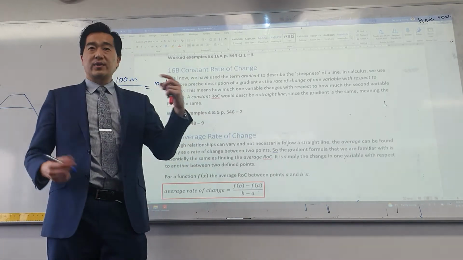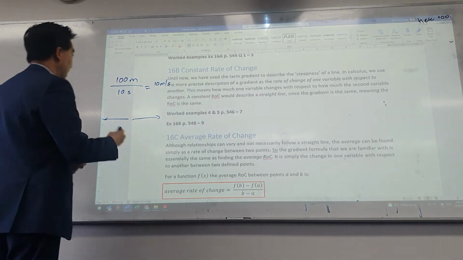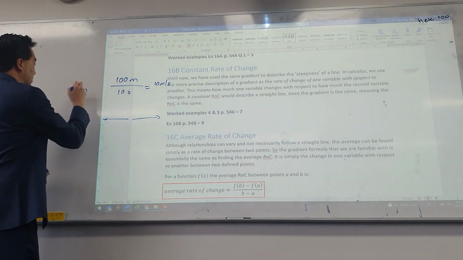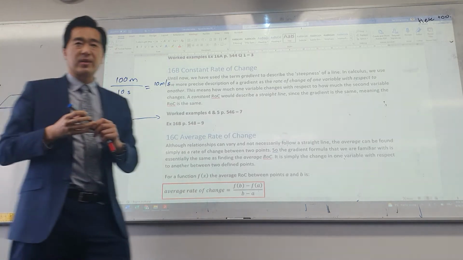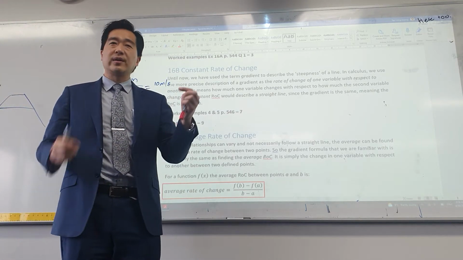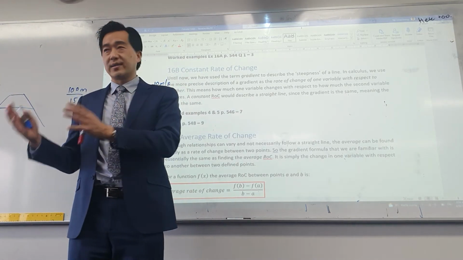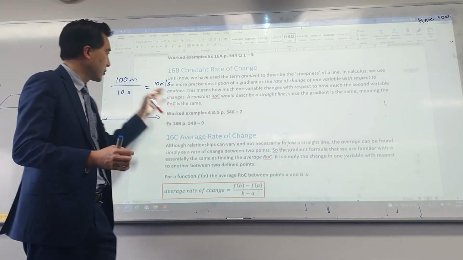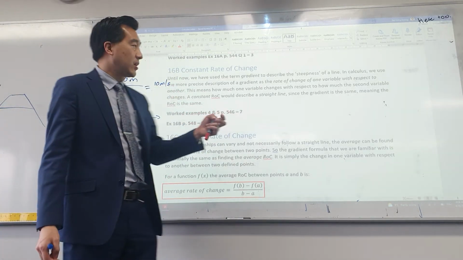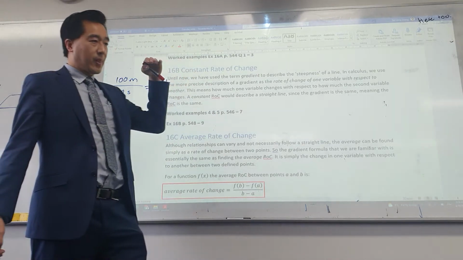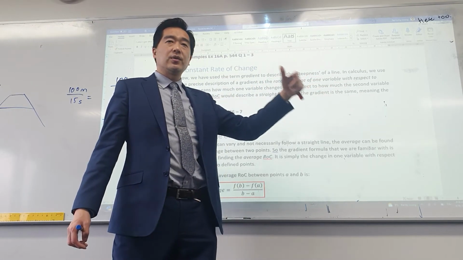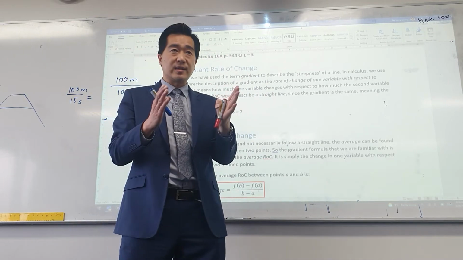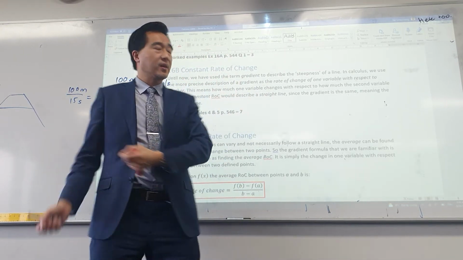If someone slower, like me, was to do it, and I took a solid 15 seconds or something, whatever that works out to be, it's about 6 point something. That means I'm actually only covering 6 meters every second, whereas the other person will be covering 10 meters every second. So with this, it just means that the entire 100 meters as you're going from start to finish, you're covering the same distance over the same amount of time. We call this